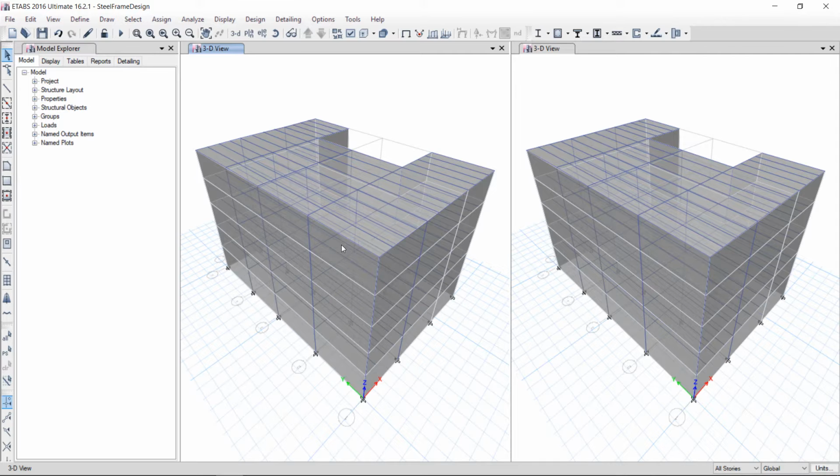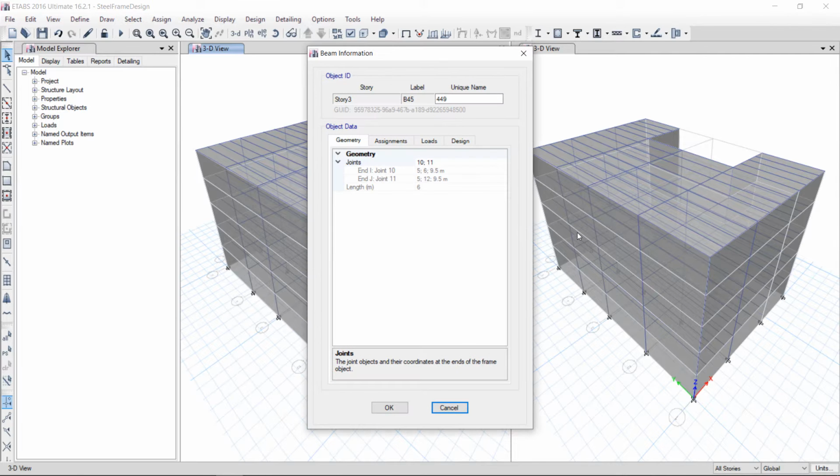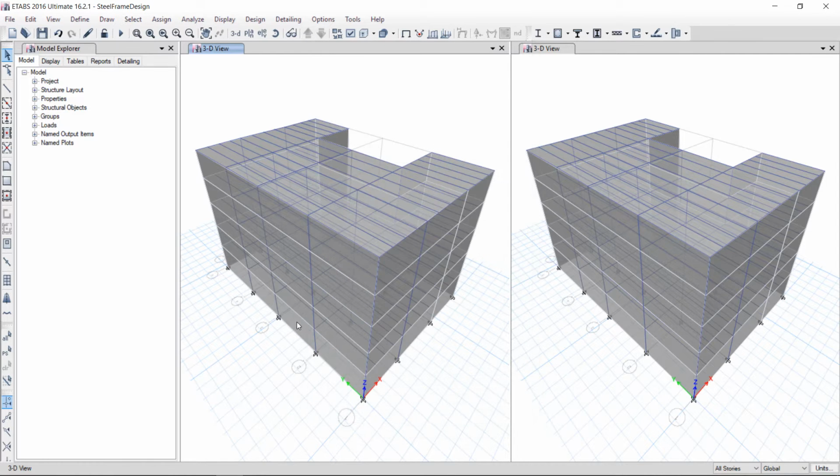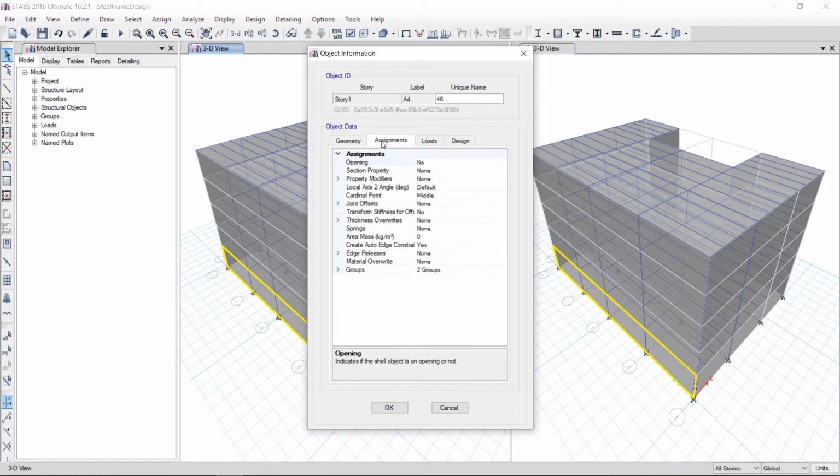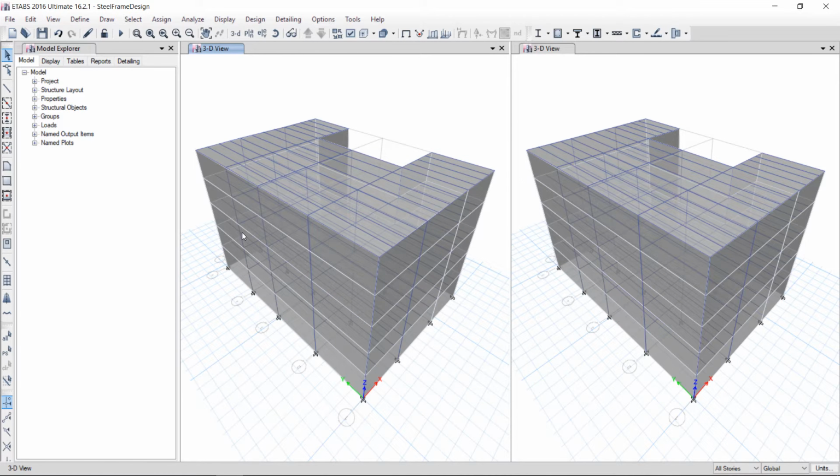So here when I click, sorry, that's not here. Okay, now the cladding has been selected. Here in the assignment, section property none, and see here this area mass again 0. Okay, so these will just act to distribute the wind loads to the frame structure. Okay, so now in the plan,